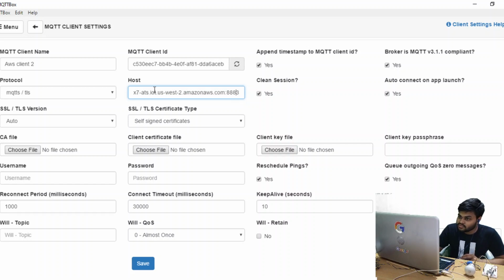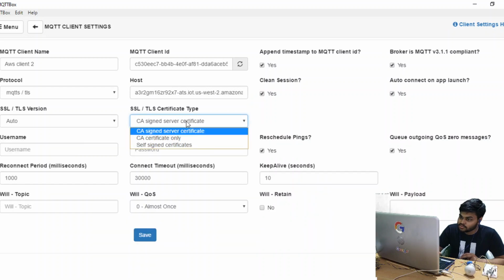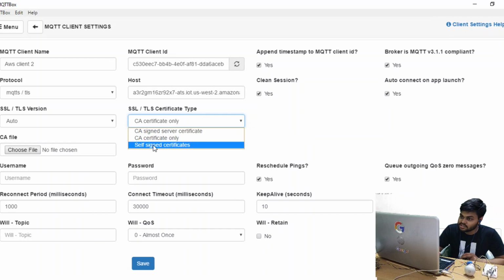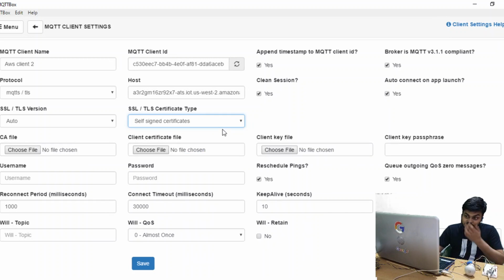So we have this host, and we need the CA file, client certificate file, and client key file. You first need to click on CA certificates, and the third one, self-signed certificates. We have downloaded the CA file.